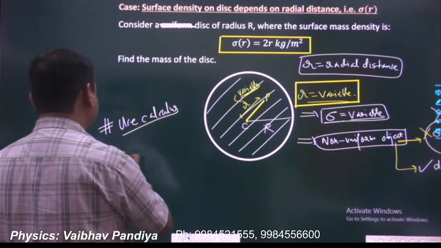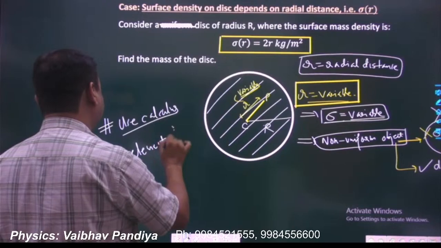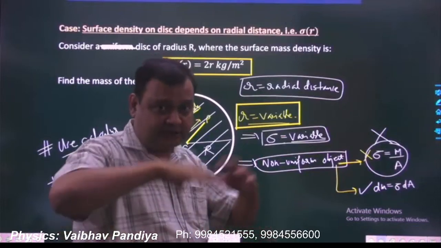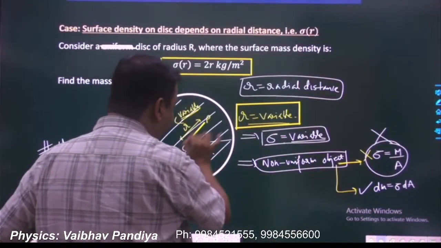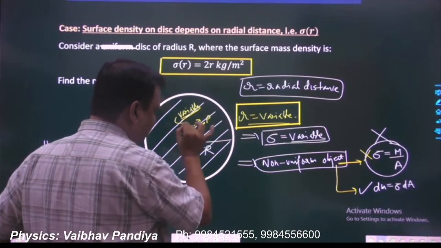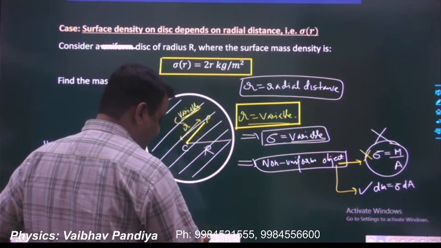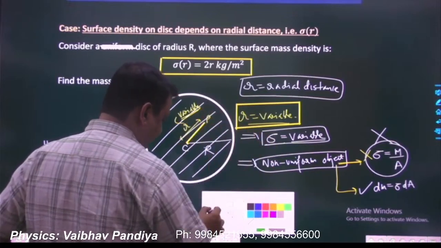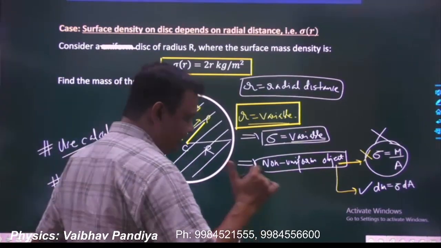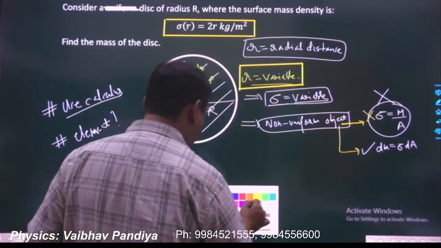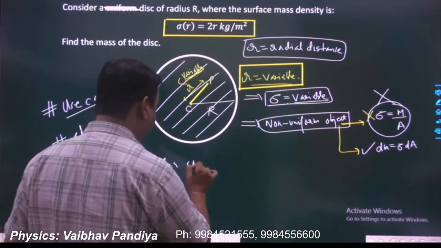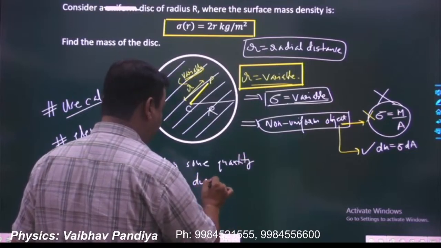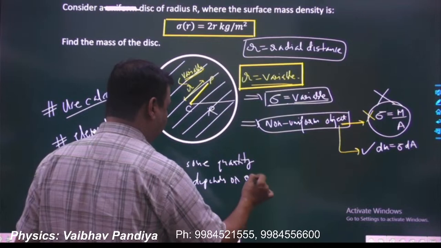Now, the second point is, which kind of element? Now, the second question arises, because when you're using calculus, you will take some element. An element will depend on the nature of variation. So here, something is changing with r. It means at the same r, the quantity will remain the same. At the same r from the center, sigma will remain the same. It is only changing when you are moving away or towards the center. So in such cases, when something is changing with the radial distance in a plane, when some quantity depends on r in a plane,